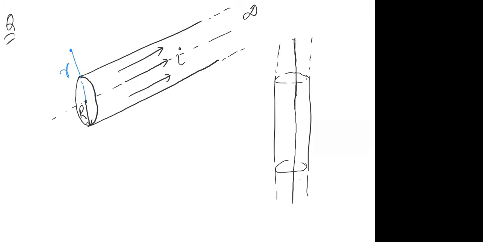The first point where you have to find out the magnetic field is at a distance of small r, which is greater than capital R, where capital R is the radius of the wire. Can you understand this diagram? So what is the first step you are supposed to use? We have to apply Ampere's Circuital law here. And to apply Ampere's Circuital law, what are we going to do first?